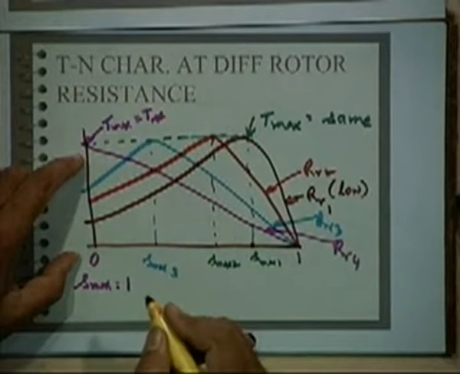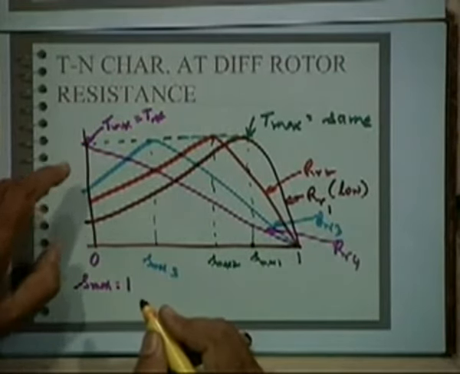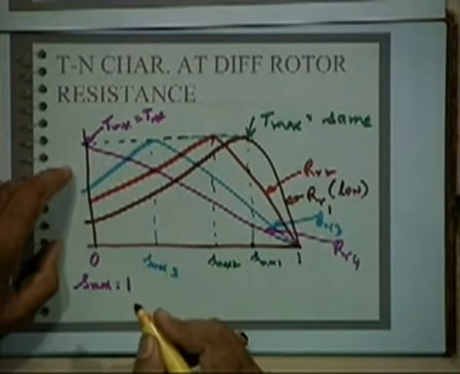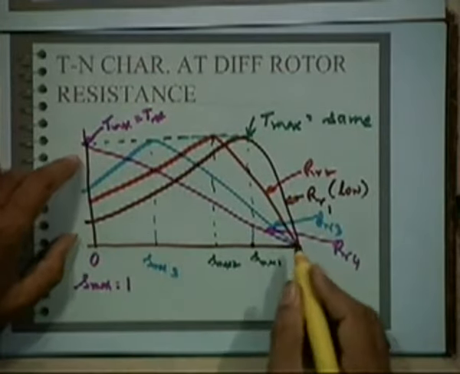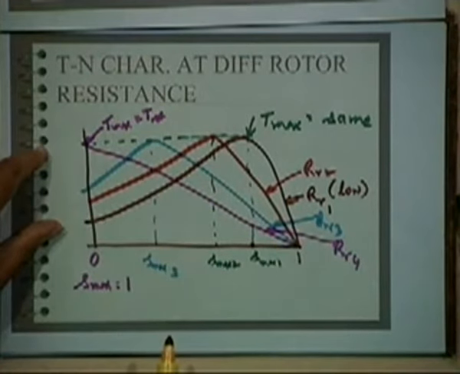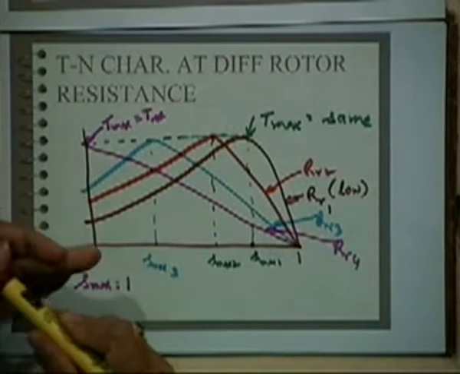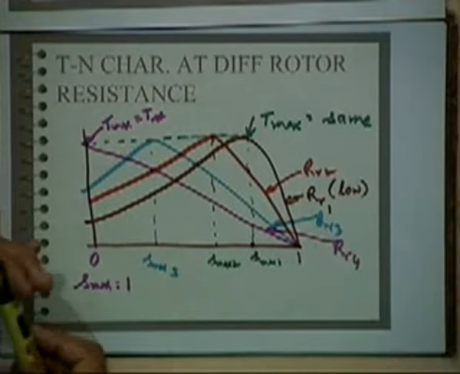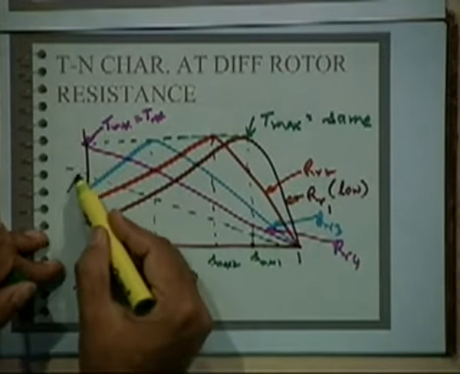Now torque at this is maximum, which means that you can get a very high starting torque by increasing the rotor resistance to a suitable value, because it may even increase further. The maximum torque will be at S more than 1, at negative speed. So you can have this also. So you can have hypothetically, or you can even have another characteristic, with RR5.